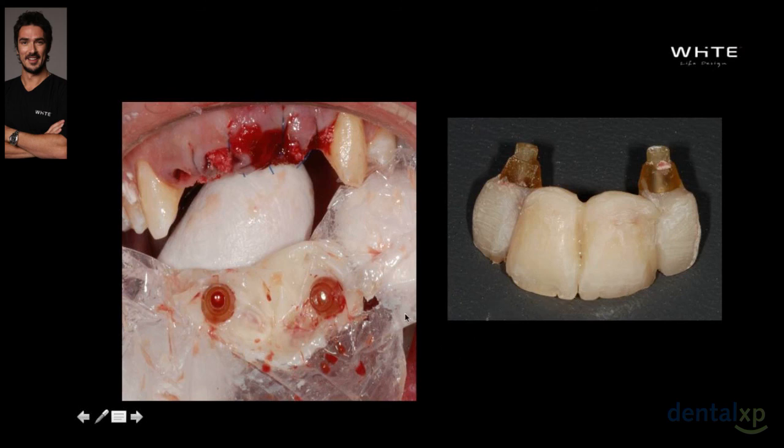And over a period of time, at the 1-week follow-up, I wasn't very happy with the aesthetic result here, and I knew that I was going to need a little bit more to get a good aesthetic outcome. So, over a period of time, she would come in and we would remodulate those ovoid pontics, creating more emergence profile, keeping everything smooth and highly polished. Very, very important. And doing that, we created a more natural result. So, we removed these provisionals,